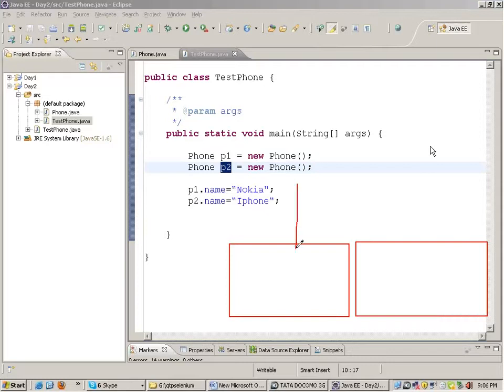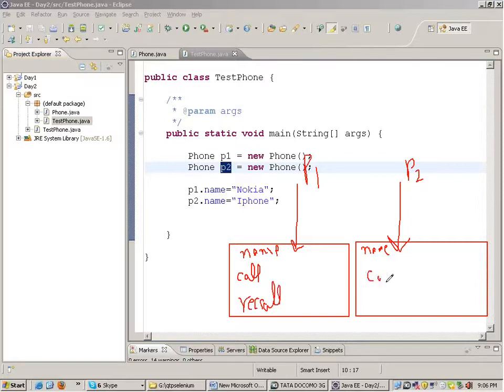P1 and P2 will point towards these two objects, right? And name variable will be present in both the phones. One will be initialized to Nokia, other will be initialized to iPhone. Along with it, the functions will also be present. Okay, the call function will be there for this object and receive call function will be there for this object.